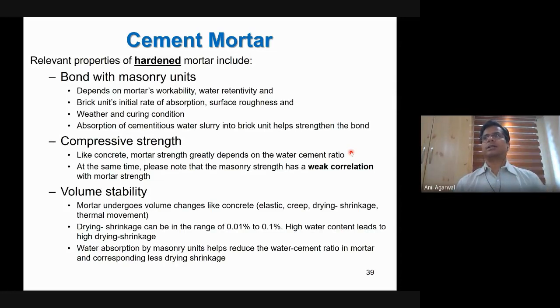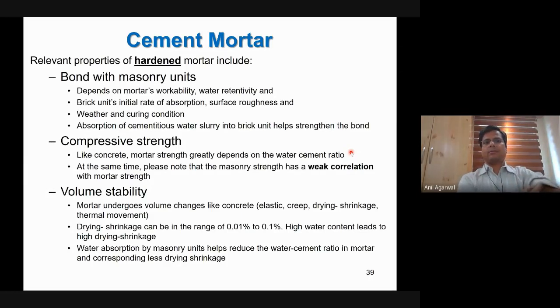The other one is that in clay bricks there is undulation on the surface, but also you have pores, which go deeper into the brick. Once the slurry is placed on the brick, those pores will start absorbing all that water cement slurry. As a result, there will be a continuation of the slurry from the brick into the mortar. That way, it gains strength. So that's how you develop bond strength.